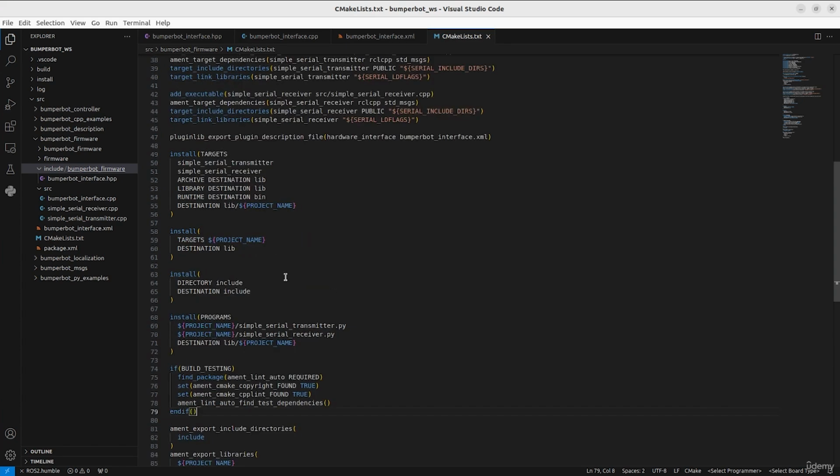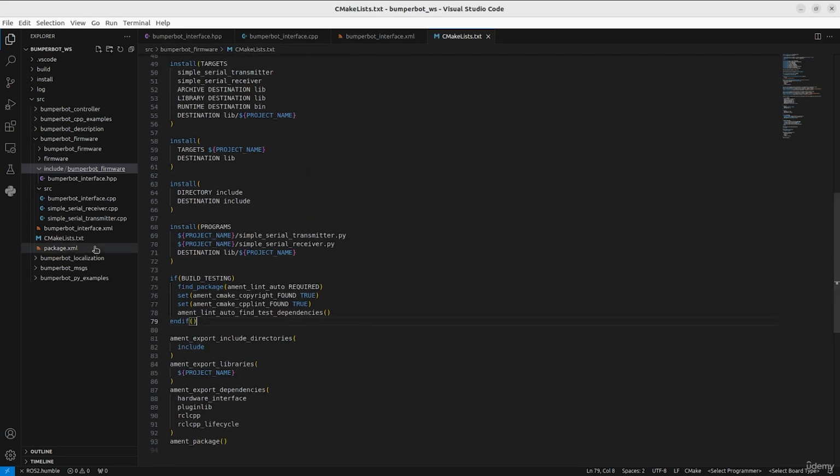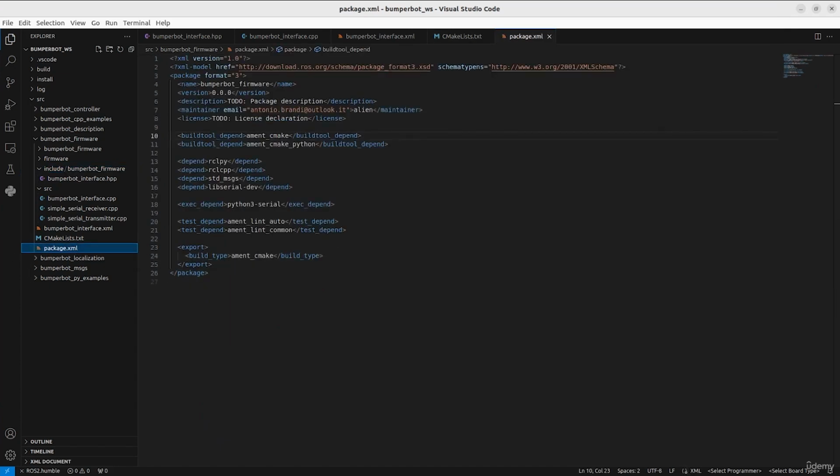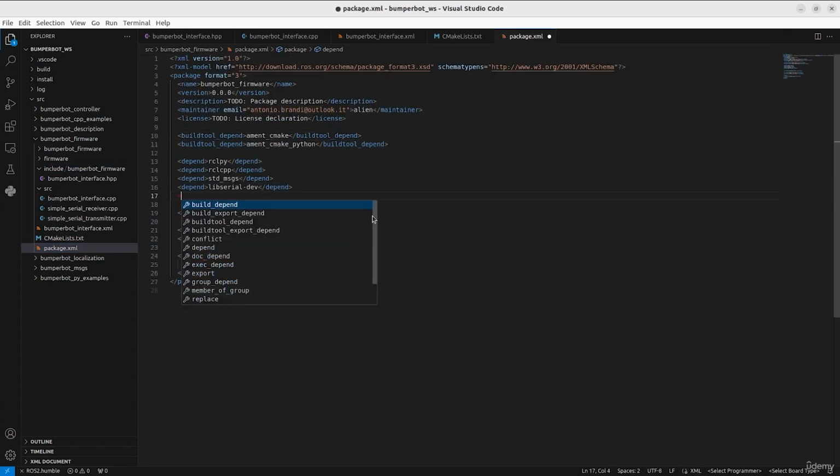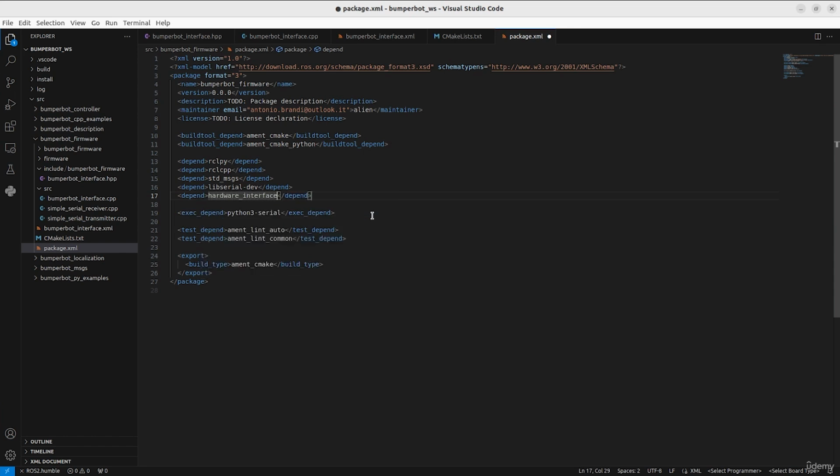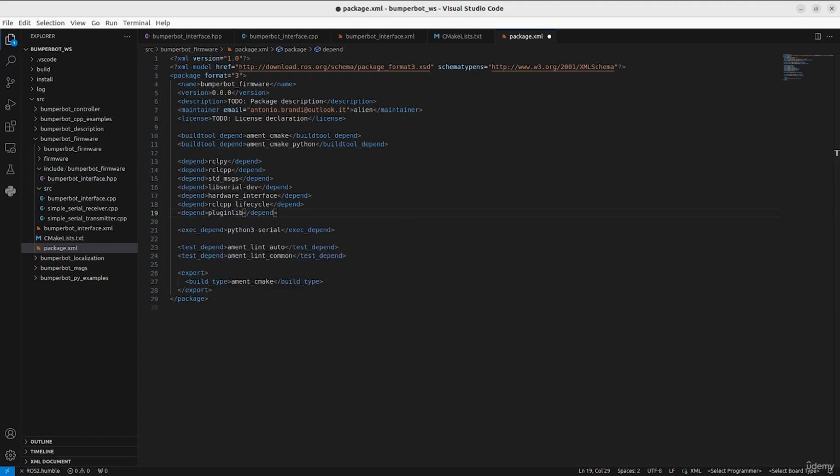So we have installed the library bumperbot interface, and now let's just update the file package.xml with all the new dependencies that we have declared. So let's add a dependency from the hardware interface, then let's also add another dependency from the RCL CPP lifecycle, and then another dependency from the pluginlib, and finally we also need the libserial, and we have already declared this library. Let's save also this file,